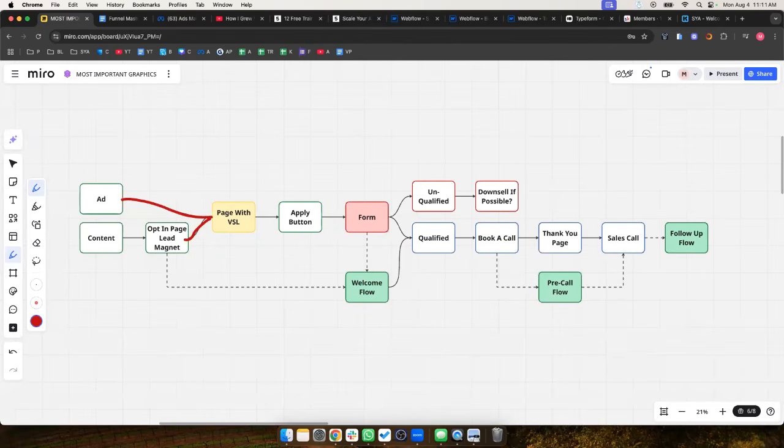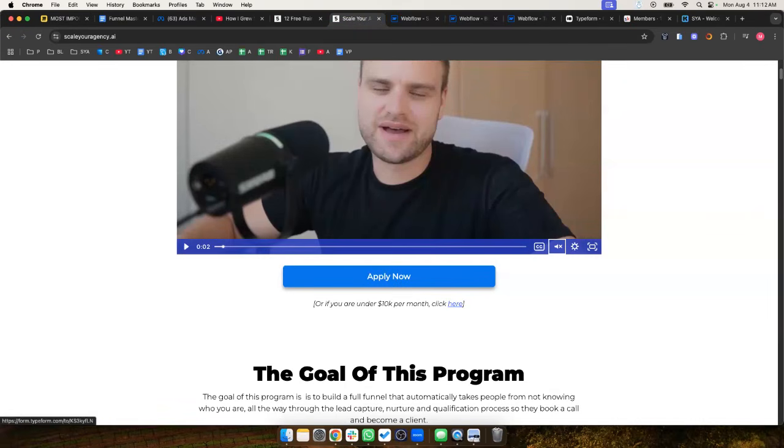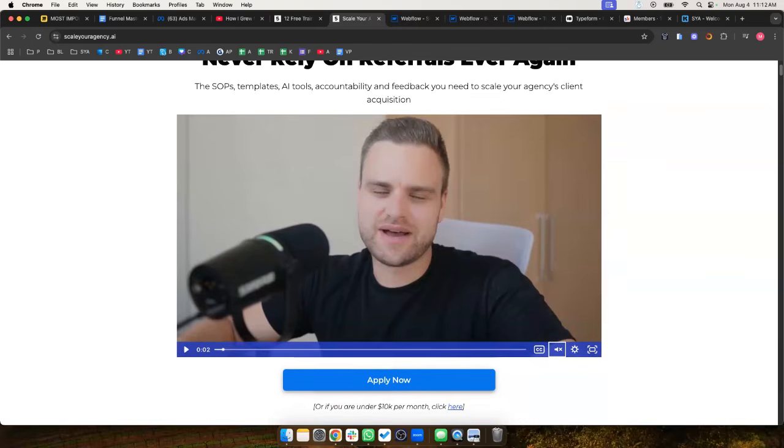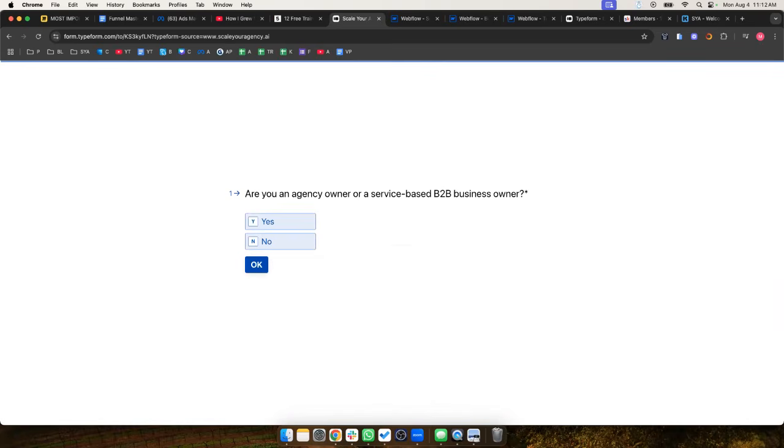So now we are here. If you've done it right, if you have basically explained it well in the ad, or they've watched enough of your content to want to move forward, then they might apply. So at this stage, this would be a button. You can embed it in the page, or you can have a button like this. I've tested it, and it's about 5% better to have it on its own page.